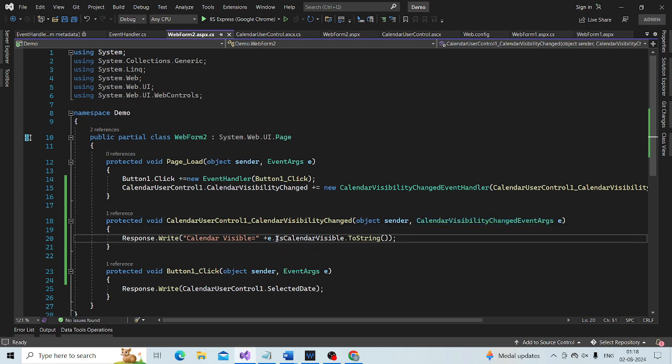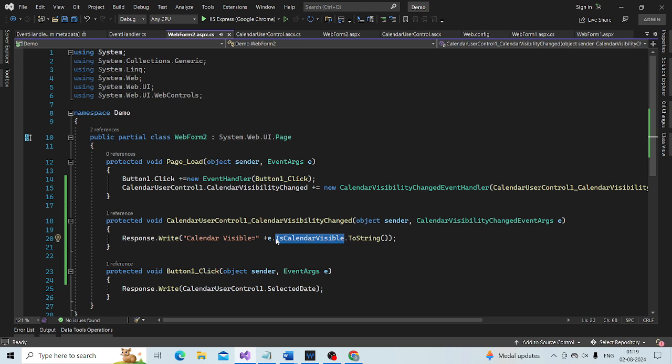Calendar visible. And we are using the property to find out whether the calendar is visible or not.